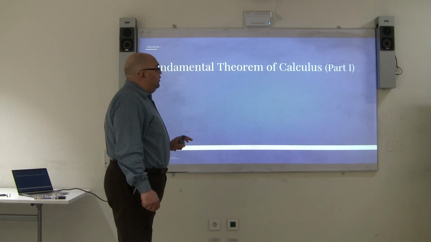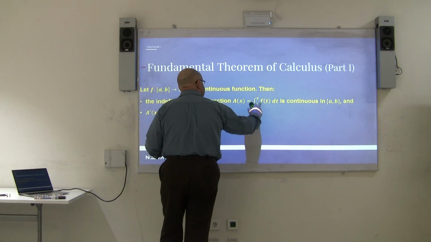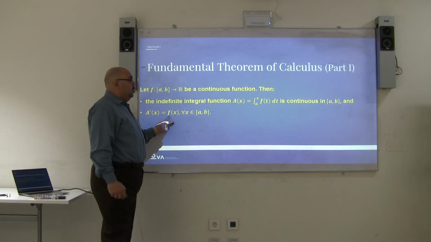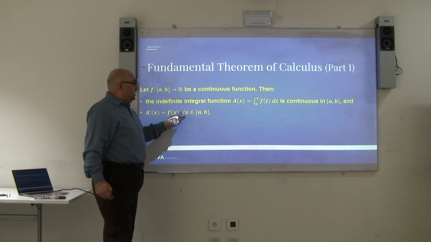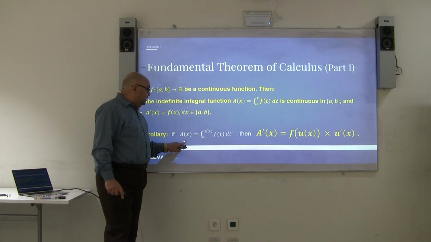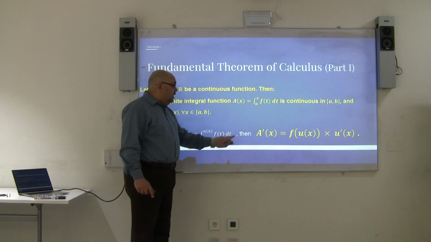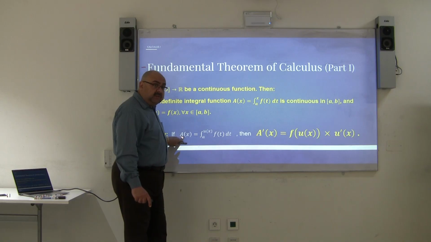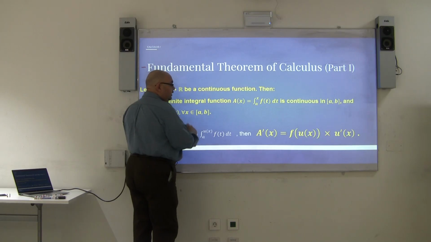The fundamental theorem of calculus part 1 states that if you have A of x, which is the integral from a to x of f of t dt, it is continuous in [a, b], and A dash of x equals f of x, which is the main concept of an integrated function. If you differentiate, you will get your integrand, for every x that belongs to [a, b]. Then remark, in the integral from a to u of x of f of t dt, then A dash of x, the gradient or the first derivative of this function, which depends on x, is going to be really simple. What you have to do is to replace t by u of x times the derivative of the upper bound,